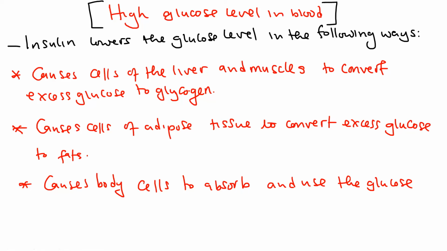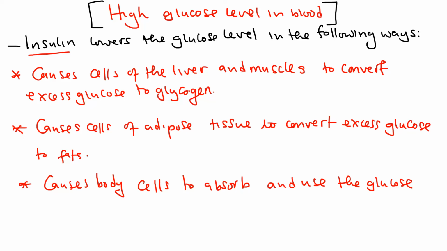When there's high glucose level in the blood, or when there's high sugar level in the blood, how does the pancreas respond, or how does it regulate the sugar level? We said it has to be maintained at a normal level. So now, when there's high sugar level in the blood, the pancreas secretes insulin, okay, through the beta cell. So secretes what? Insulin. Now, the insulin lowers the glucose level, bringing it to the normal level.